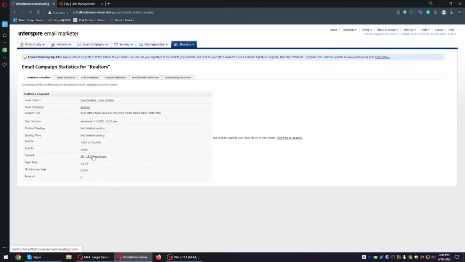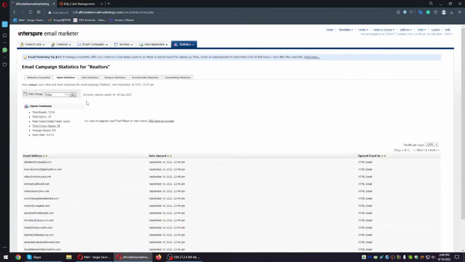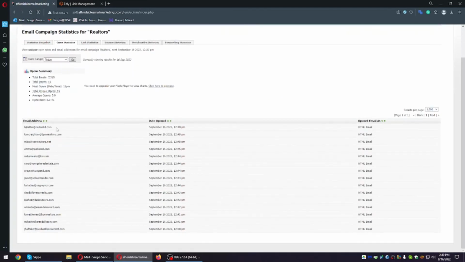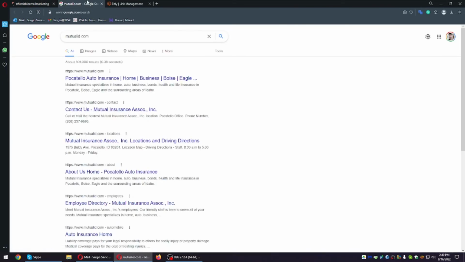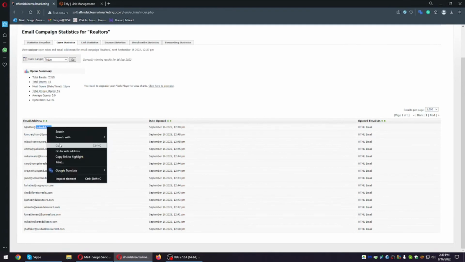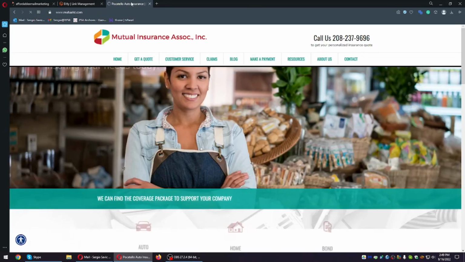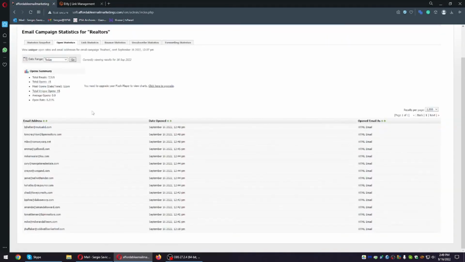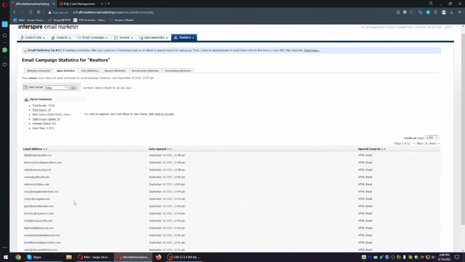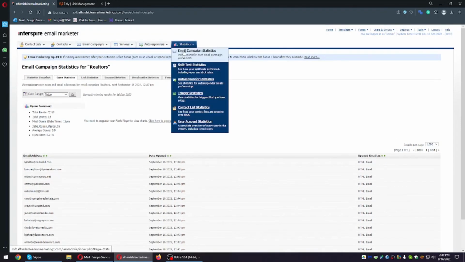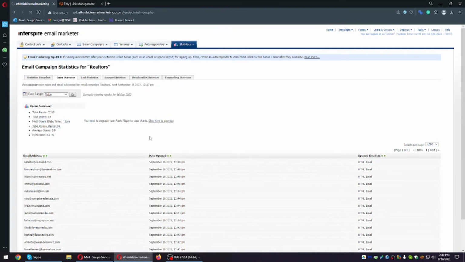So here we can see everybody that opened the email, and again, you can use this to retarget. I just want to make sure that this is in France or something, or maybe people are traveling, who knows. So yeah, these are all the financial services. You can actually retarget all of these people. Once it's done sending, you export these results,